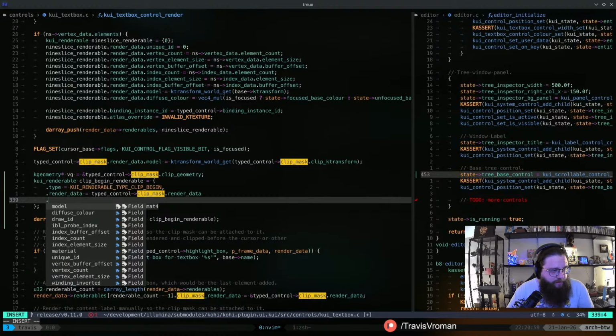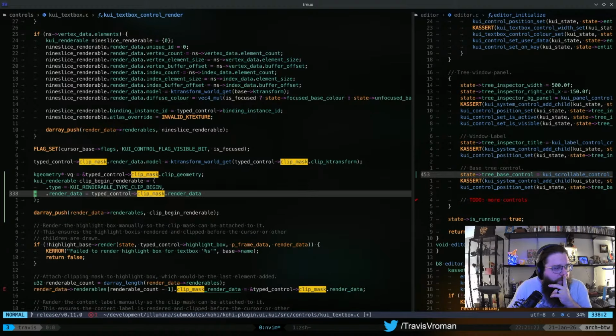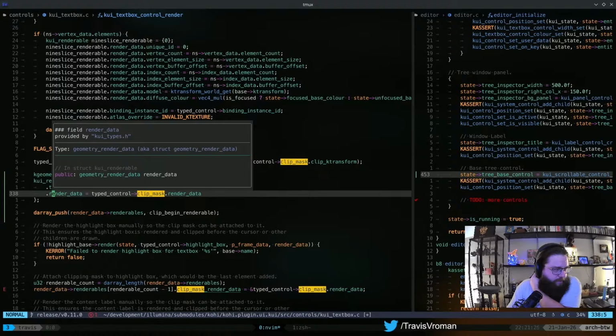What else is in here? I don't know that I actually need to set. That might actually be it. It doesn't seem right, though. Render data, geometry render data. We'll try this first and see if it works. I'm not 100% sure that that's all I need to do, but